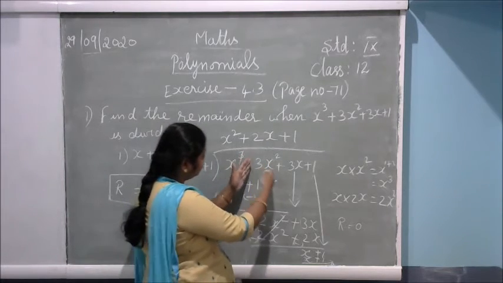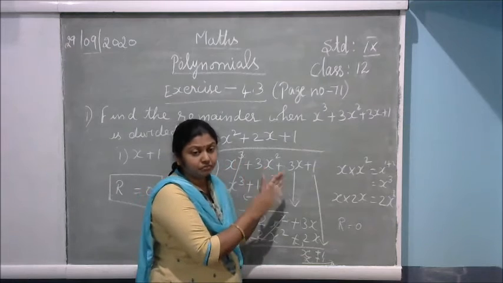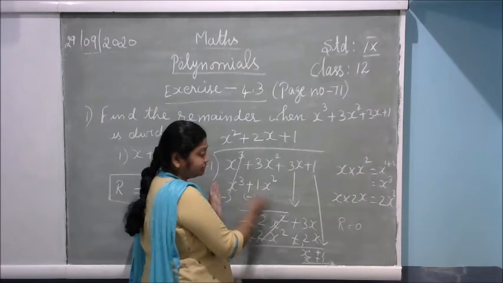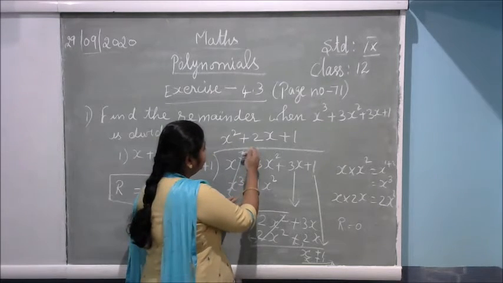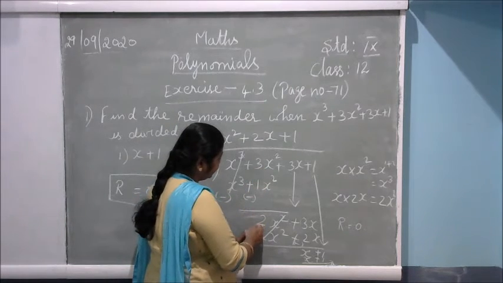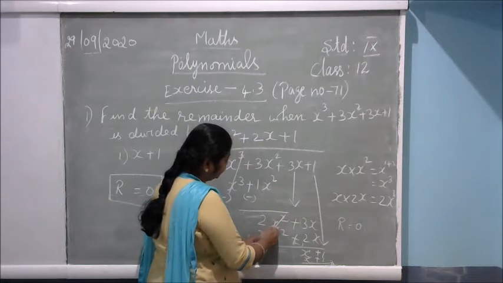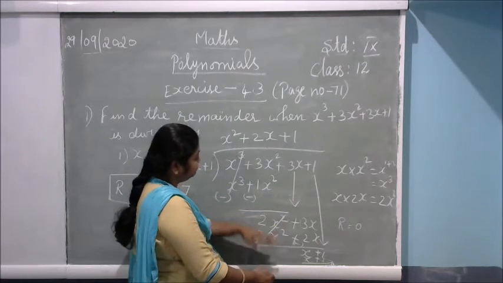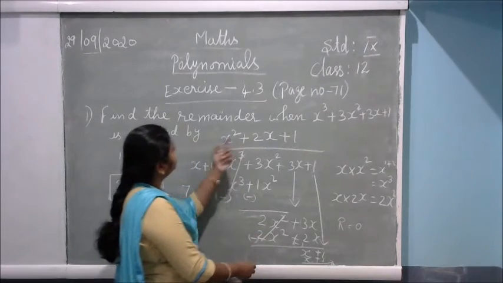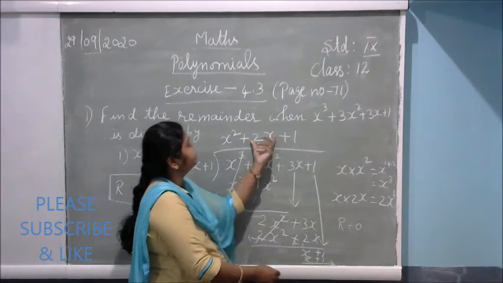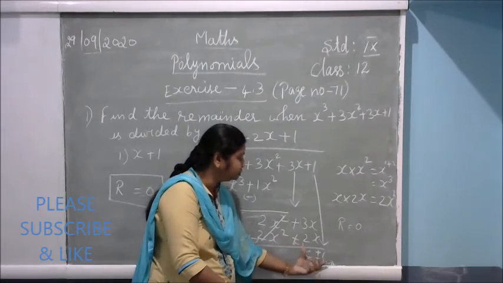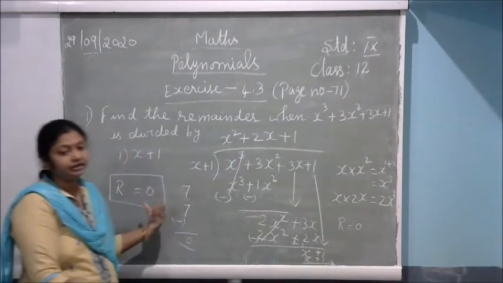The same way after this, usually what you will do, you will subtract from the dividend whatever number you are writing down. You have to subtract from this equation to this equation. If you subtract 3 minus 1, you will get the answer 2. Okay, 2, this x square you have to write down. Now the first term is 2x square. Then next in the equation, the first term you have to make 2x square. For that, next what will you take? Plus 2x. If you take plus 2x, then only the first term will come 2x square. Like that you have to do, and the remainder you are getting, that is your answer.